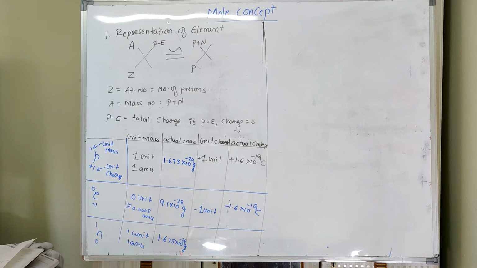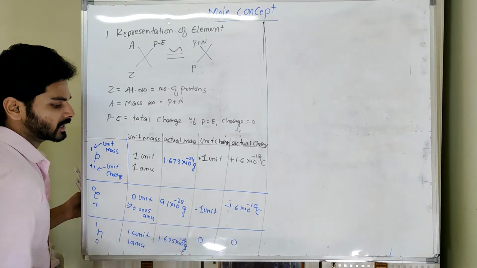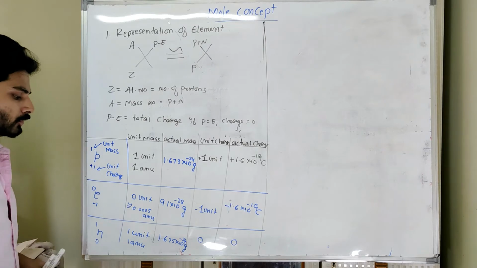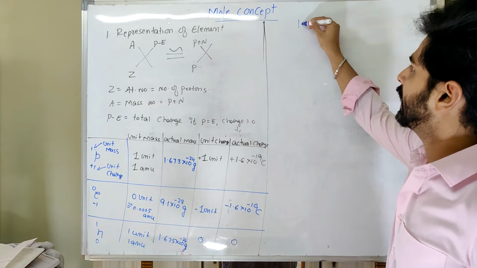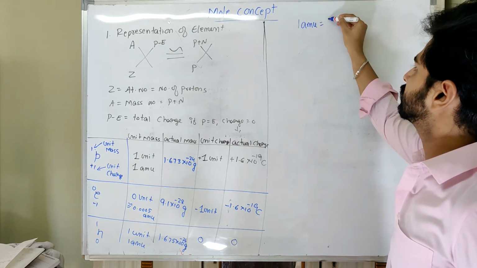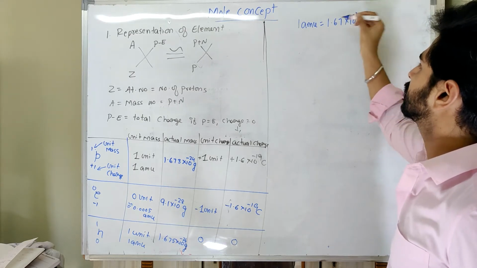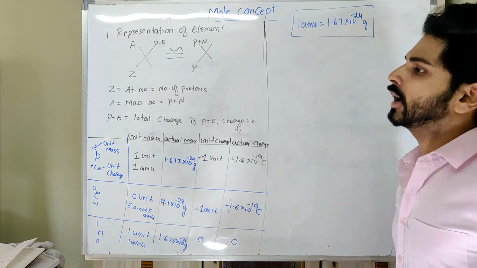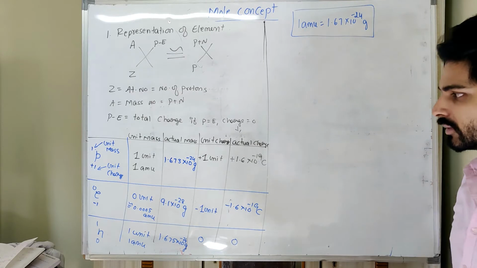So this particular value, third decimal wise, if you see, the neutron is slightly heavier than the proton, so the third decimal is greater in the case of the neutron, so you have to remember that. And charge wise there is no charge as such. So from this, one thing we can understand is that 1 AMU is equal to 1.67 into 10 raised to minus 24 gram. So we'll be using this every time later to convert AMU into gram.